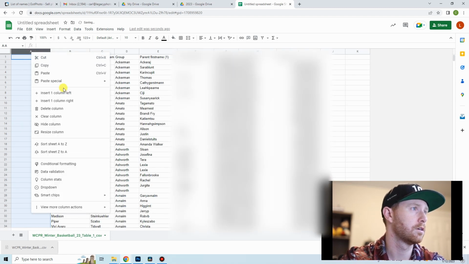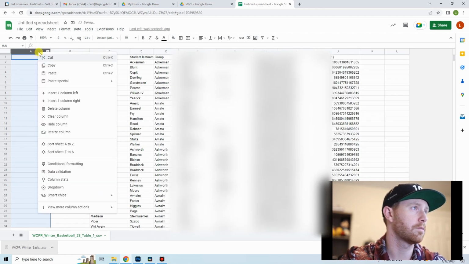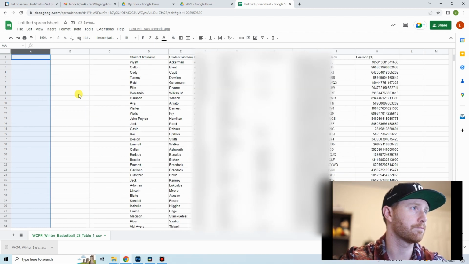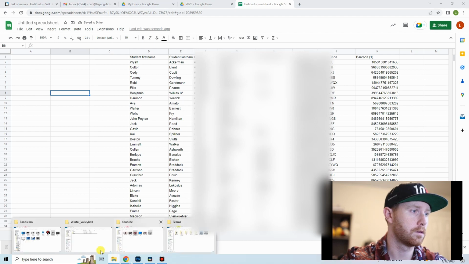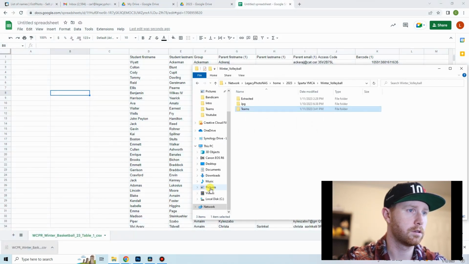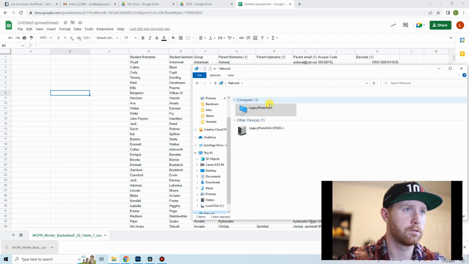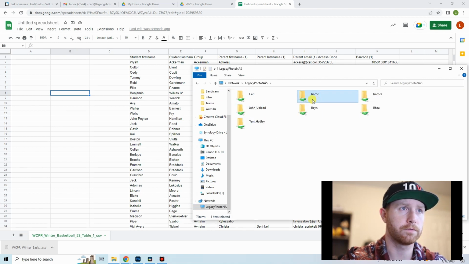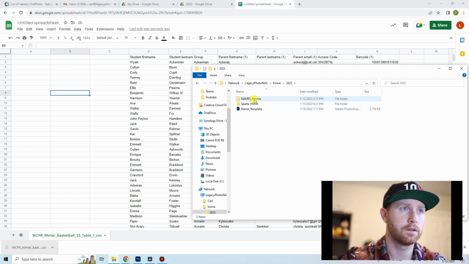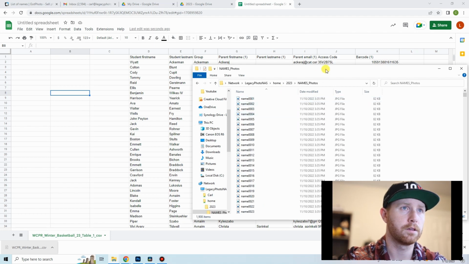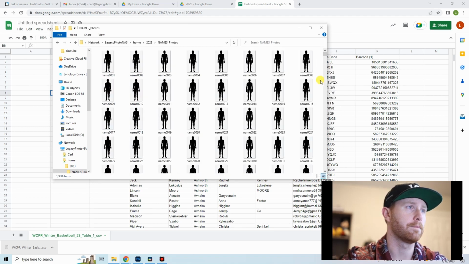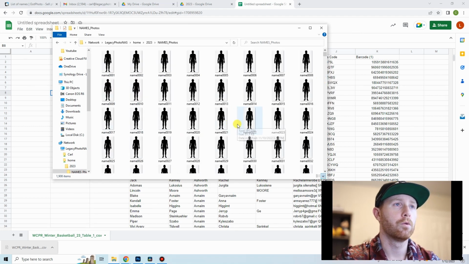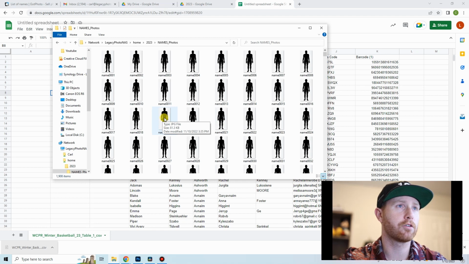insert just a couple columns here on the left. And what I did was, okay, so what I did was I created